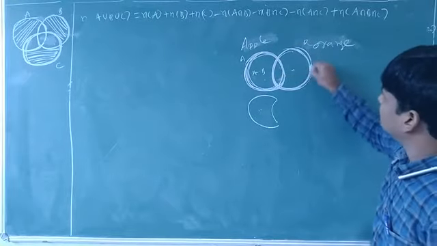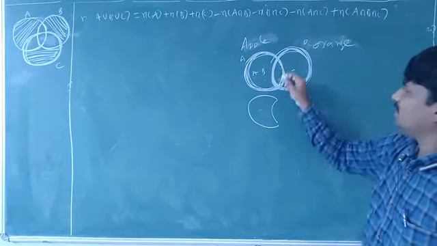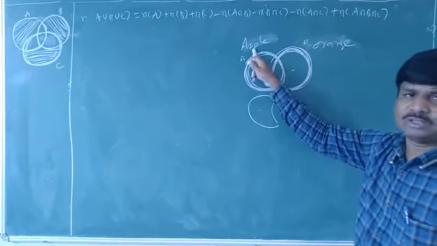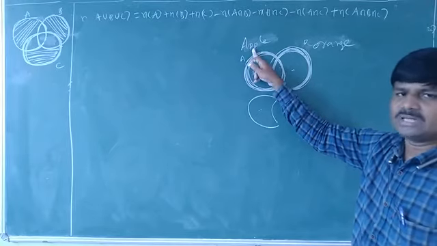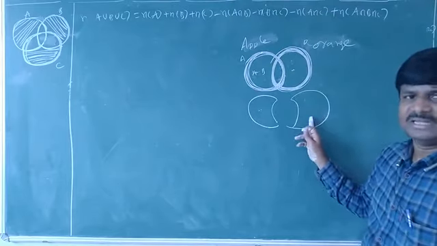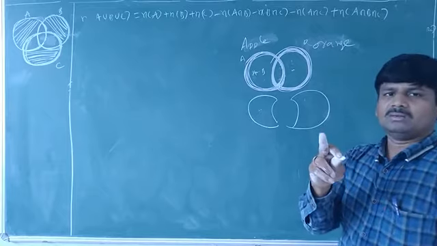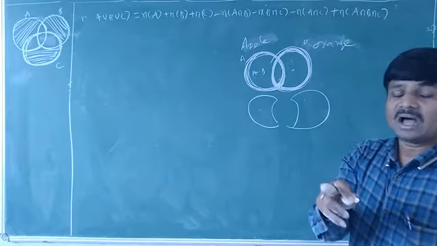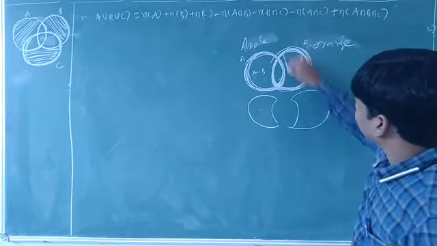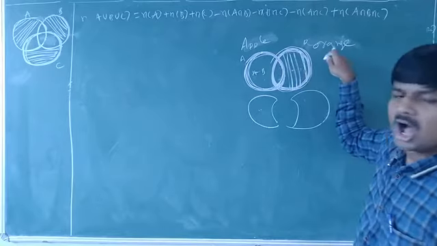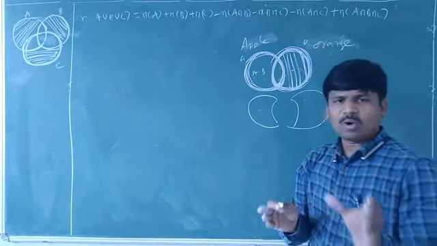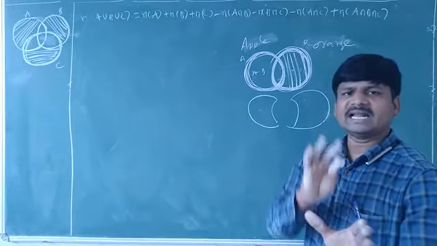Next, this one. What is it? Orange juice. Orange juice means some people. This part also means some people may like apple juice also. But what about this part? This part means what is that one? The people who are interested to drink only orange juice. In this part only orange juice will be drunk. They will not drink apple juice. Okay, only orange juice. If you offer apple juice, they will not take it. Why? Because they dislike apple juice.